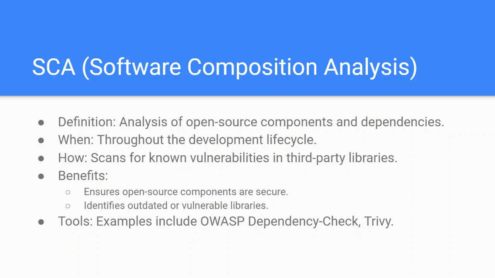Benefits. What are the benefits? Whatever open source components you are leveraging in your application, are they safe or not? This gives you complete information. Then if the vulnerabilities exist or your library is outdated, you can also see that, and then you can move to the next version. If we talk about popular tools, we have OWASP Dependency Check,